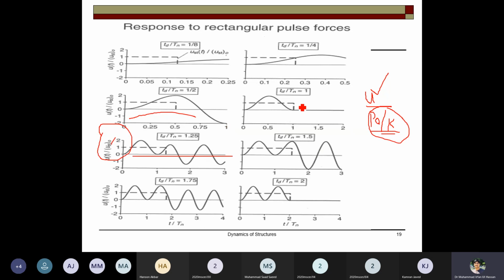Now the response depends upon the td over T, the natural time period and the damped time period. इस case में response उस पर depend कर रहा है. You see that when it is increasing you have a different response. So that's why the damping depends upon the damping ratio. So damping जितनी change हो रही है, आप देख रहे हैं कि damping बढ़ाने से उसका